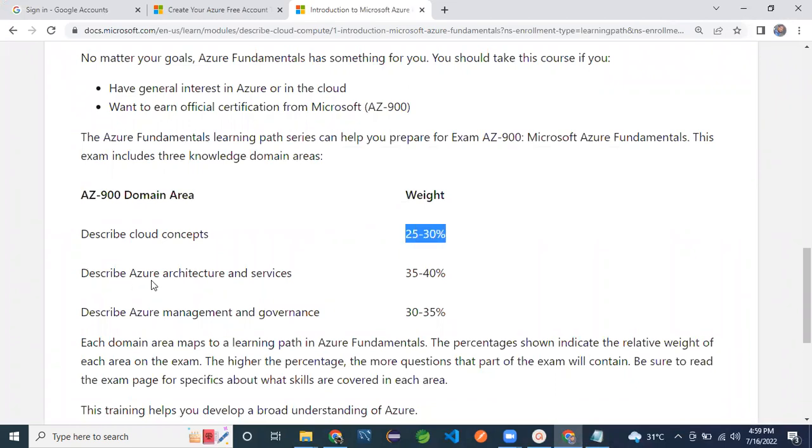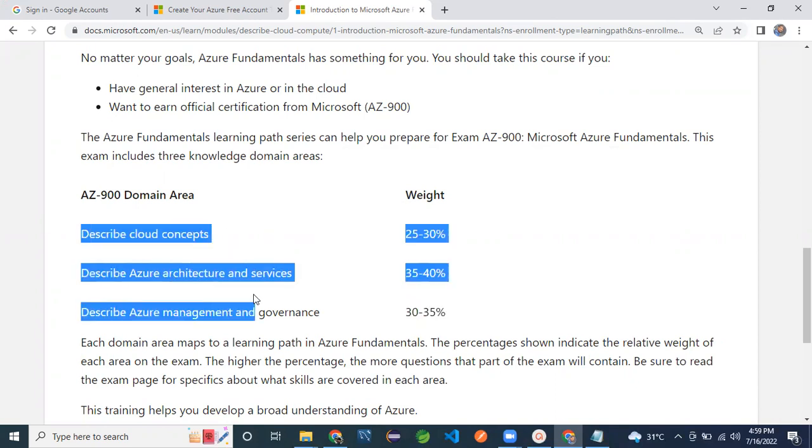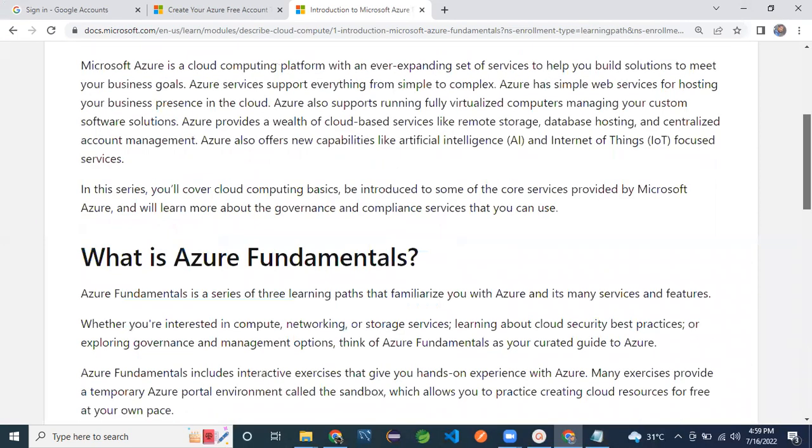On describe Azure architecture and services we get 35 to 40% of questions in the examination. On describe Azure management and governance we get 30 to 35% of questions. From these three concepts we will receive all the examination questions. If we are perfect in these three contents, you will definitely have the possibility to get 100% marks.